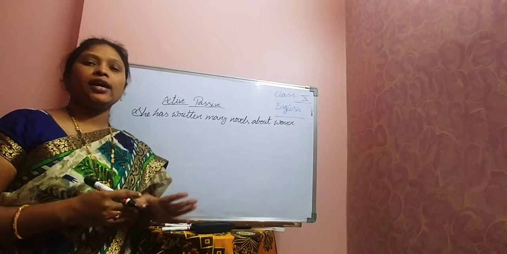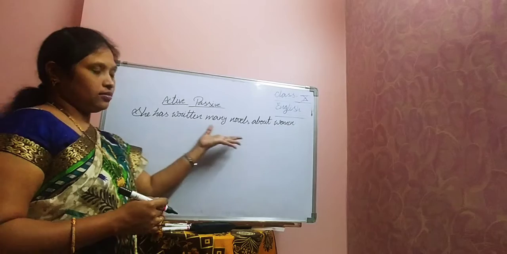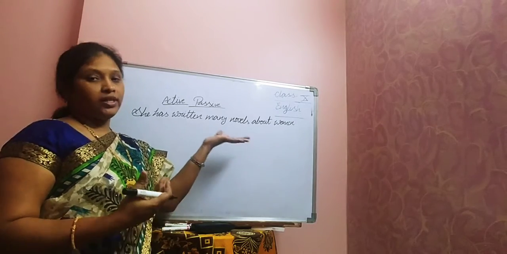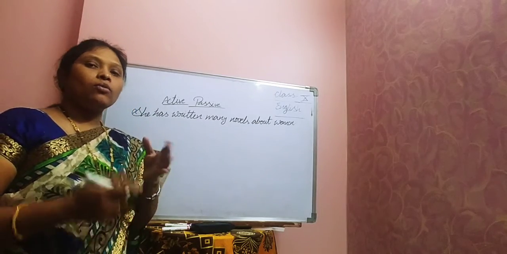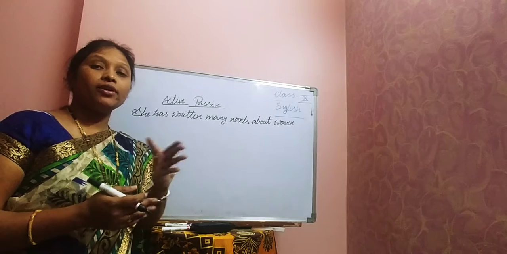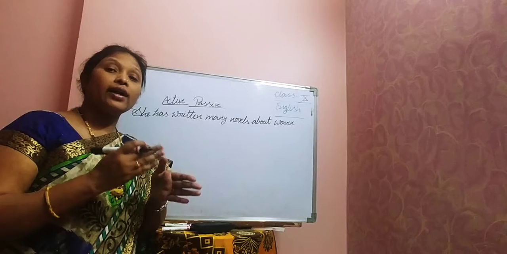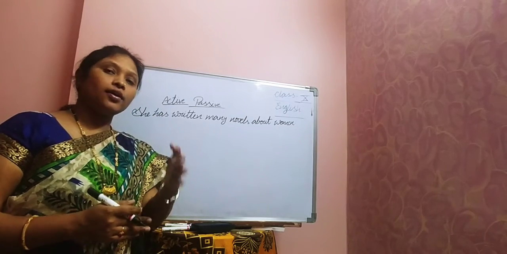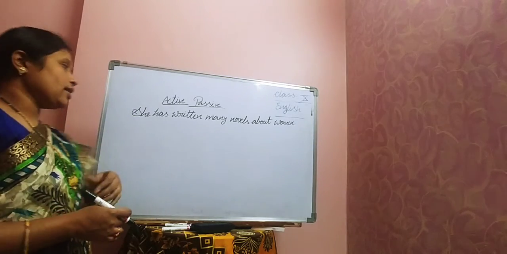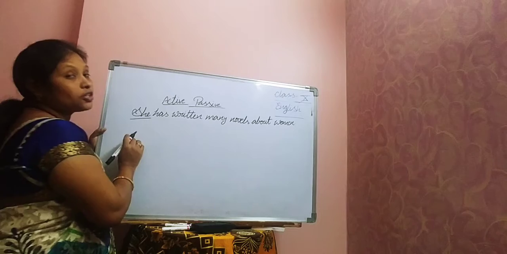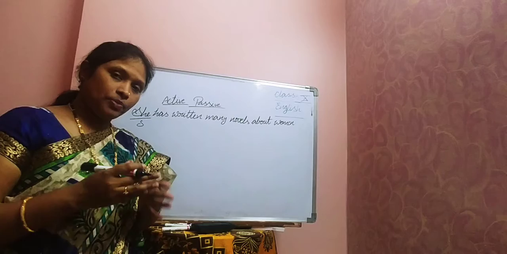We discussed the rules and regulations so many times, right? First, let us try to know each and every word, which part of speech it comes under. Whenever you convert any sentence from active voice to passive voice, first you need to identify the subject, verb and object in the given sentence. That is very, very important. See here, who is our subject? She. Actually, she comes under pronoun.